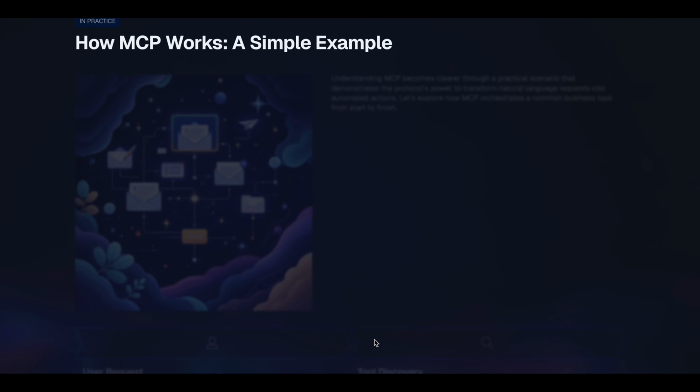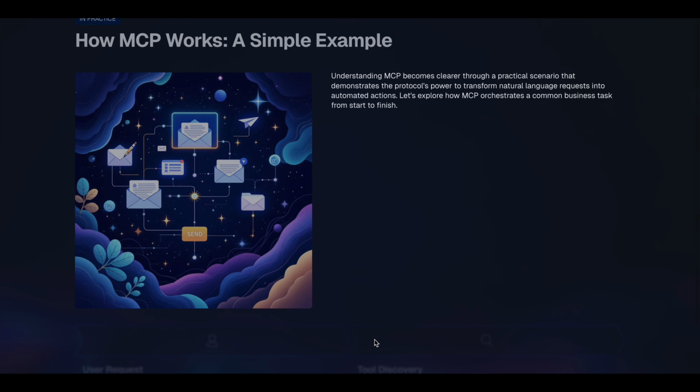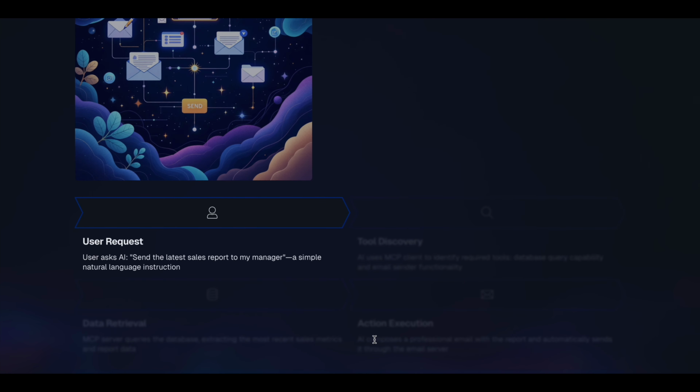Now, in practice, what would be a simple example of an MCP? Let's try to understand MCP through a very practical example. Let's say you want to send a sales report. You are a product analyst or a sales analyst, and you're going to send a sales report to your manager. You just ask the AI: act on my behalf and send the latest sales report to my manager.